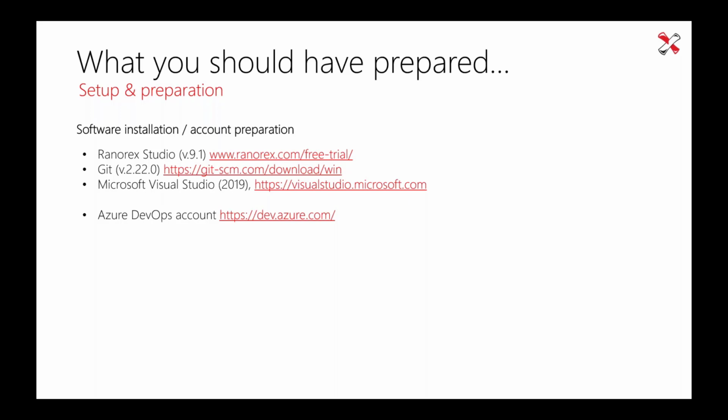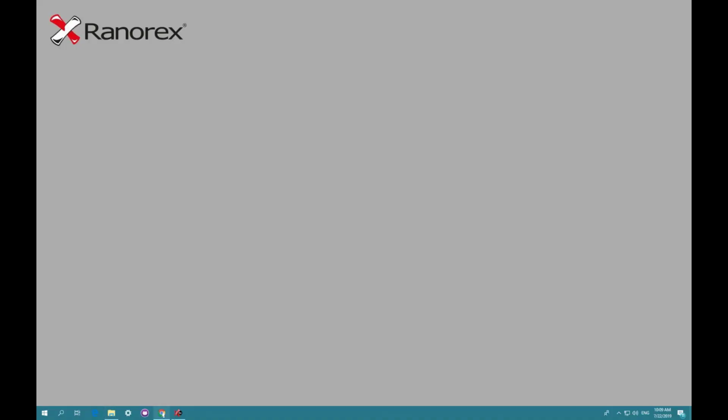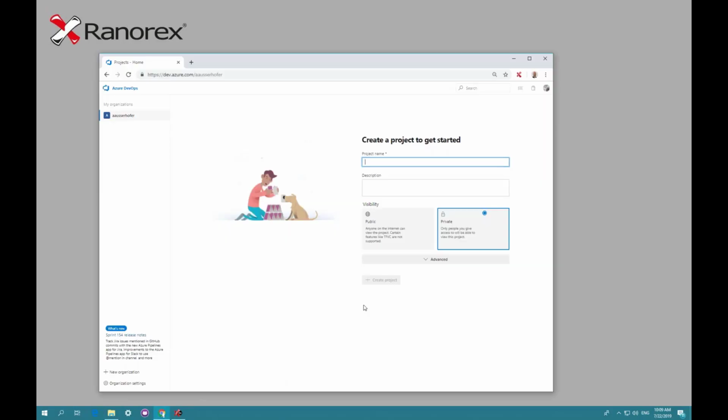So this is what we're gonna do. So the first point, our common understanding and some key facts I already have told you, and now we will be creating an Azure DevOps project. So what I have prepared is I'm logged into my Azure DevOps account, and now I'm creating a project here. I'm calling it Rx Database, and it should be a project for development and test